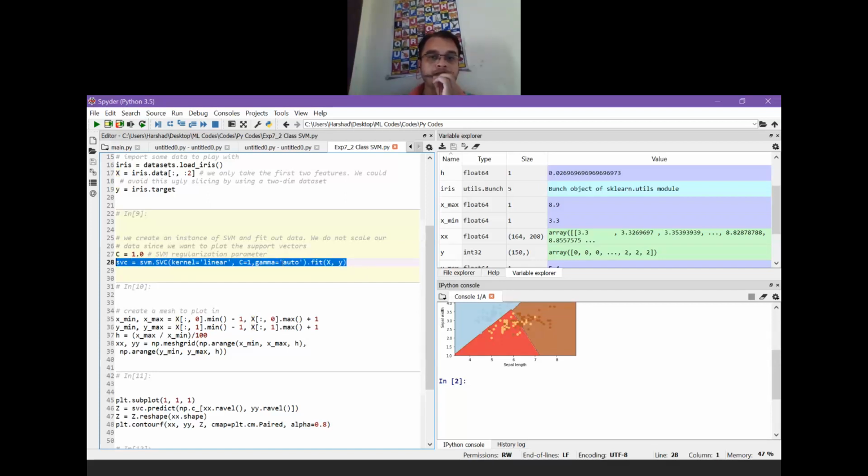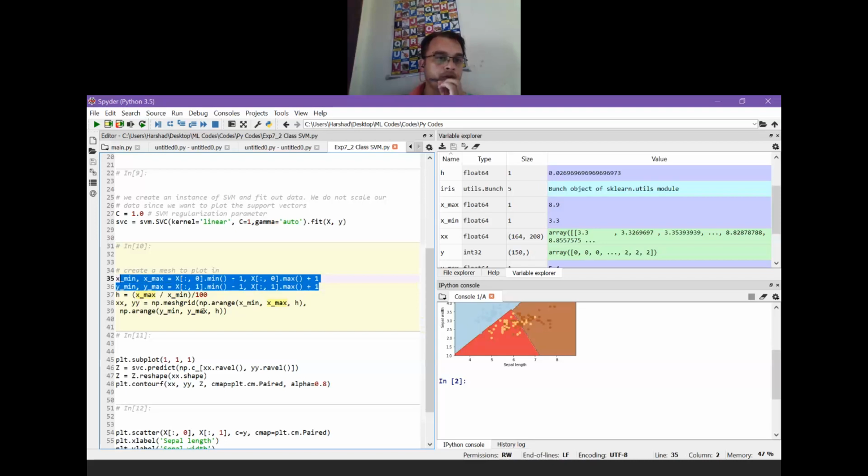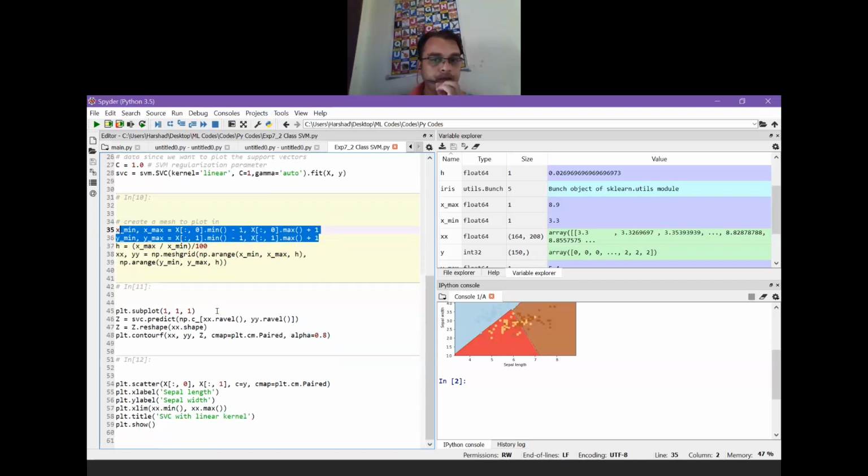So once the model is trained, now we are plotting the data parameters. So X min, X max, Y min, Y max. So X's lowest value, X's max value, Y's lowest value, Y's maximum value, so that we are going to plot over here. Okay, so plotting has been done, and now how to check the plotting?